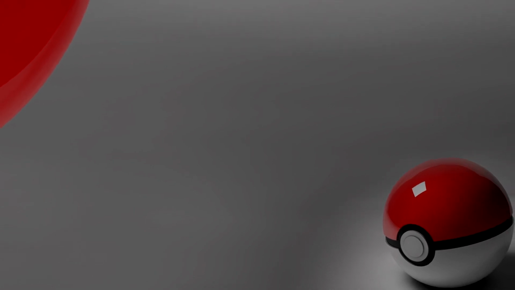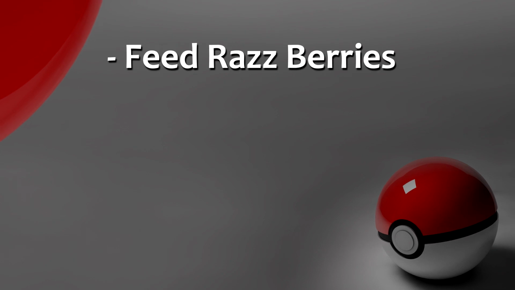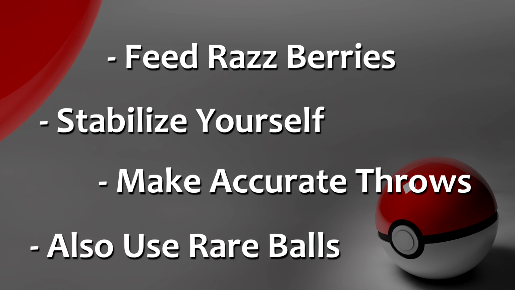So let's recap. If you really want that high-level wild Dragonite, which are very rare to encounter, you can maximize your chances of a successful capture by feeding him raspberries, stabilizing your body to execute high-accuracy throws, and use the throw bonus mechanic to land really skillful attempts with Great or Ultra